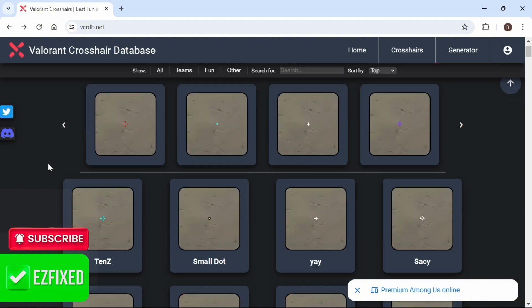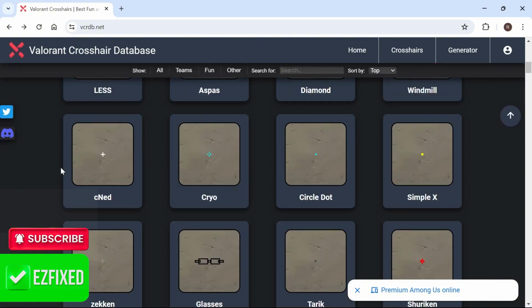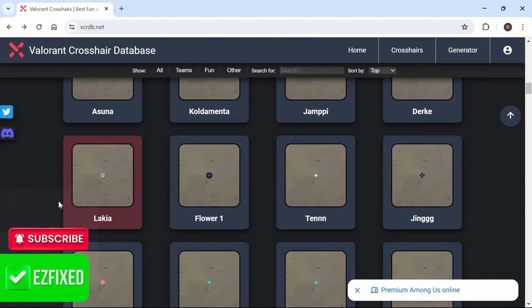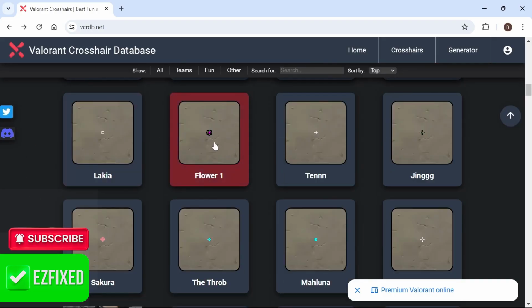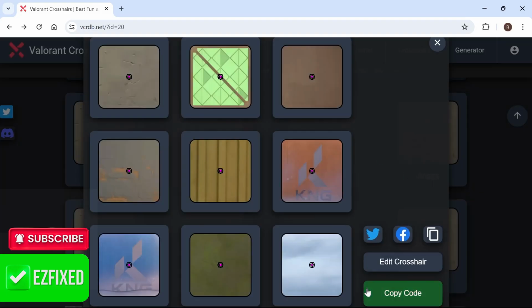vcrdb.net, and inside of here you'll see a bunch of different crosshairs that we can use. So all you need to do is select the crosshair that you like. Say for instance we wanted to use this flower one here. Go ahead and click on the crosshair, come down to this copy code section at the bottom,